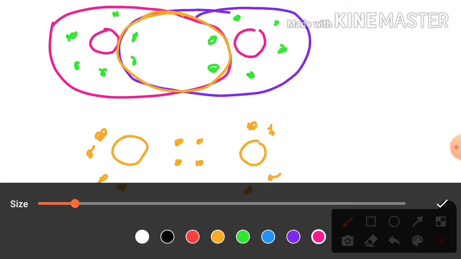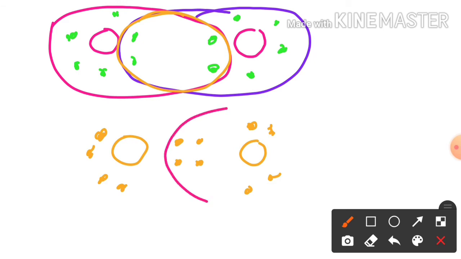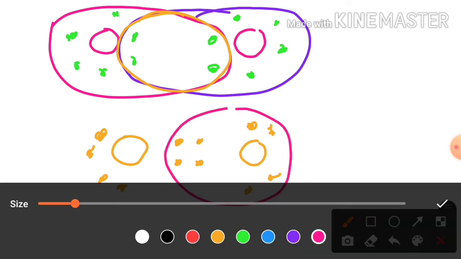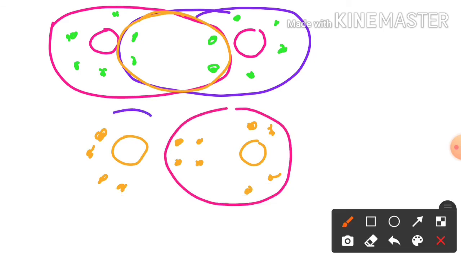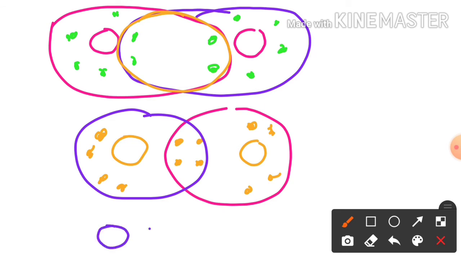And if you make the circle, then this circle has 8 electrons in the outermost shell, and this circle also has 8 electrons in the outermost shell. And since there is a sharing of 4 electrons, we can show it like this also: O double bond O, or 1, 2, 3, 4, 1, 2, 3, 4, like that. So this is the formation of the double covalent bond.